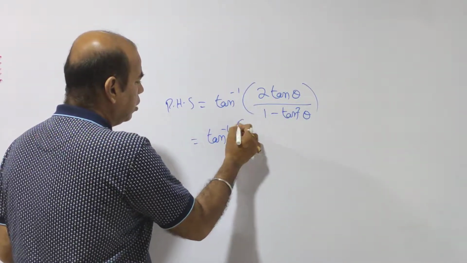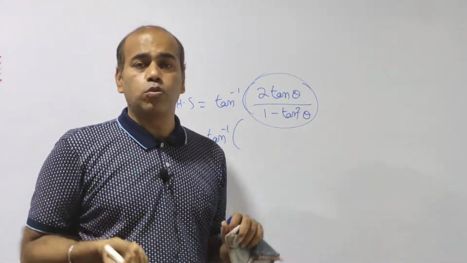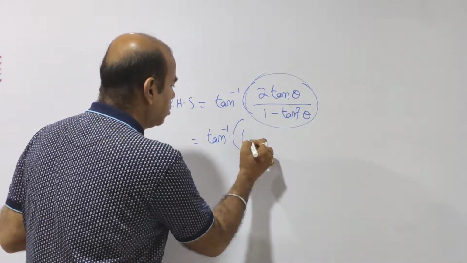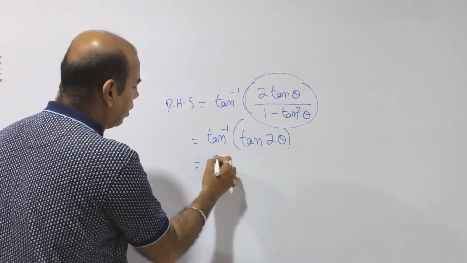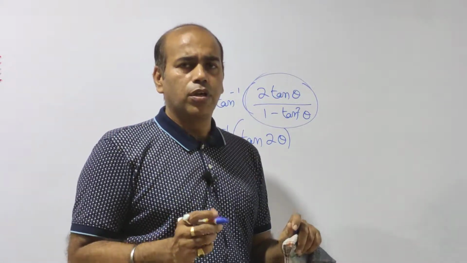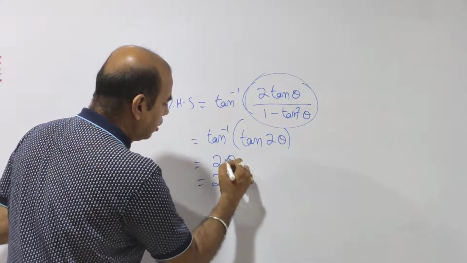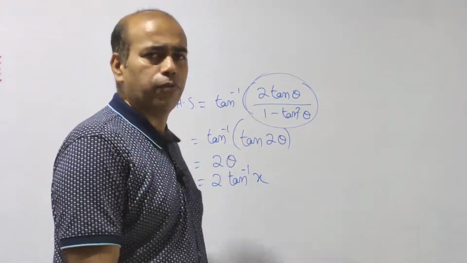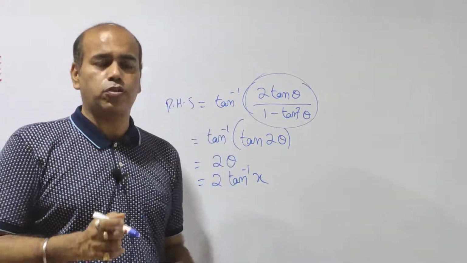Now again, this is the formula of class 11. Class 11 tan 2 theta meaning is what? 2 tan theta by 1 minus tan square theta. So this is tan 2 theta. If I remove tan inverse and tan, it is 2 theta. I have taken x equals tan theta, so theta is tan inverse x. So 2 in place of theta, I will write tan inverse x. That's the proving. Students, I suppose it is very easy and it's very important also.